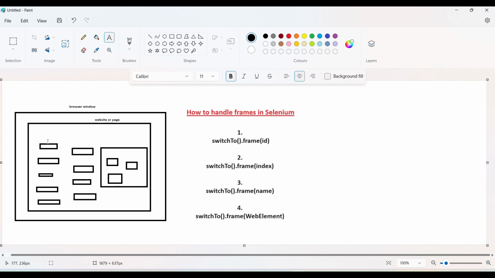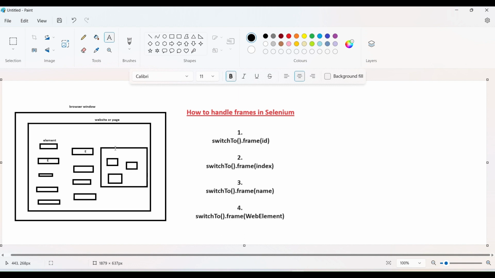These are elements. Like this is an element, right? These are all elements. This is also one element, and this is also one element. So guys, these are all our elements under this page, right?